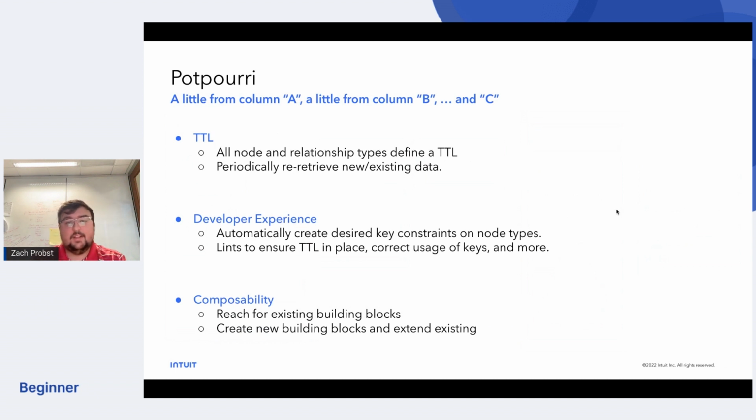This slide is sort of a potpourri. It's a couple of miscellaneous thoughts about the mechanics of how some of this stuff works. So first, we run all of our data off of a TTL. As things expire, they're removed from the graph database, and we set definitions for different nodes and relationship types and give them each an individual TTL, because some data is collected more frequently than other data, just by the